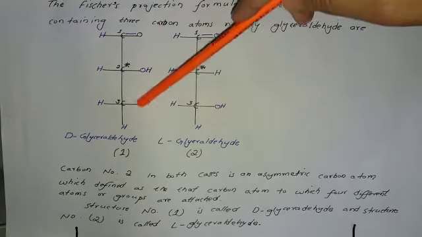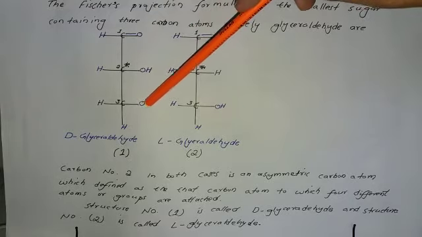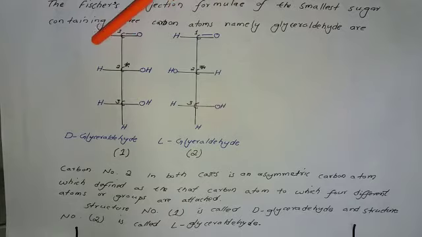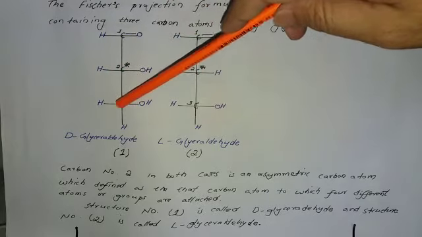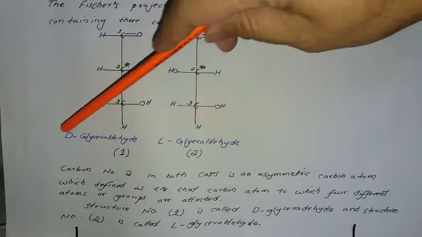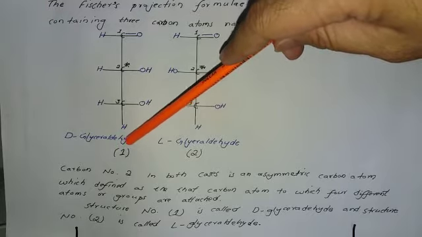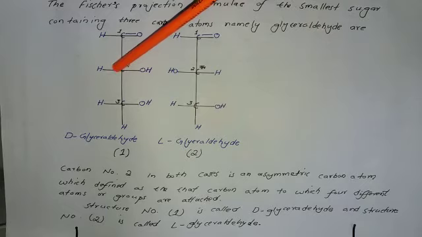This is the right side. This is a vertical chain of carbon atoms. To this right side, there is one hydroxyl group, another hydroxyl group. To the left side, 1, 2, 3 hydrogen atoms. This is a vertical chain. This structure of glyceraldehyde is said to be D-glyceraldehyde. The name D-glyceraldehyde is given to this structure due to this asymmetric